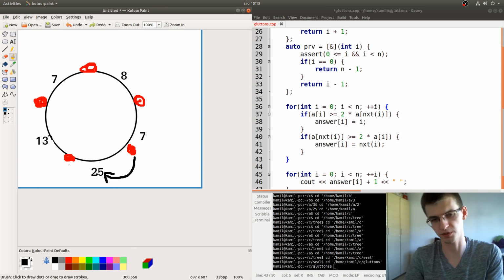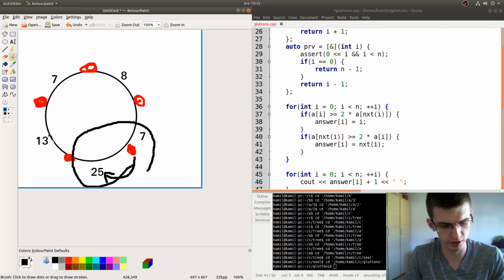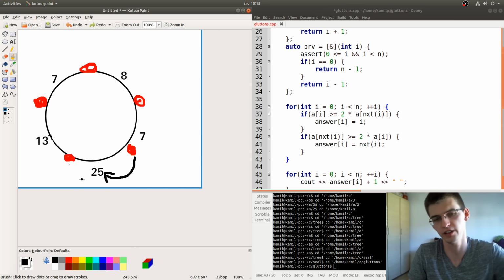So also this scenario is possible. Right now we can't decide immediately about any person because no value is 2 times bigger than the adjacent one, except for this place where we decided the direction already.